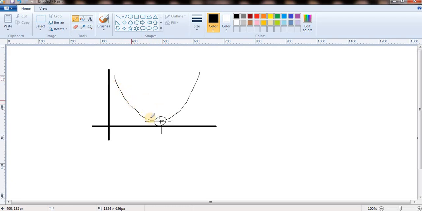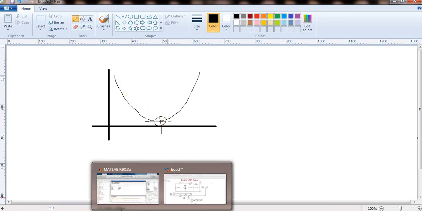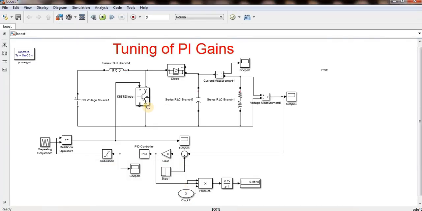And the integration I am taking will add the initial value and then after some time, up to the time it will take the integration. So the summation of all possible errors, it will get the integration. And for complete tuning of my PI gains, I have to keep my time as a constant. So this is the display. I can see the display value, whether it is more or less compared to my previous KP and KI.